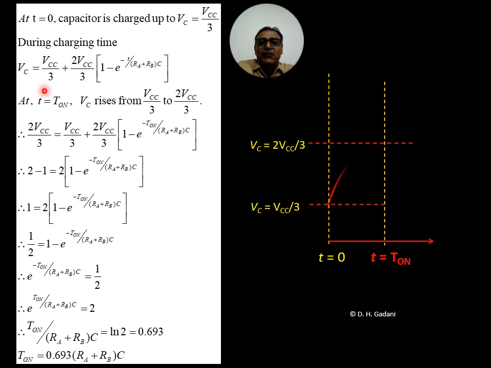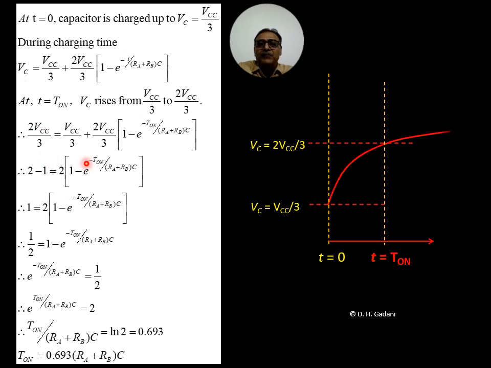So if we write the charging equation, we can say that Vc is equal to Vcc by 3 plus 2 Vcc by 3 times 1 minus e raised to minus t upon (Ra plus Rb) into C. Now at time t equal to t on, the voltage across capacitor becomes 2 Vcc by 3. So if we put t equal to t on here and Vc equal to 2 Vcc by 3, we get